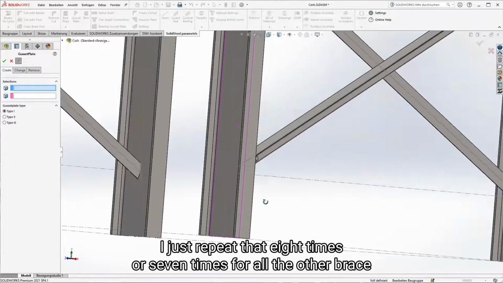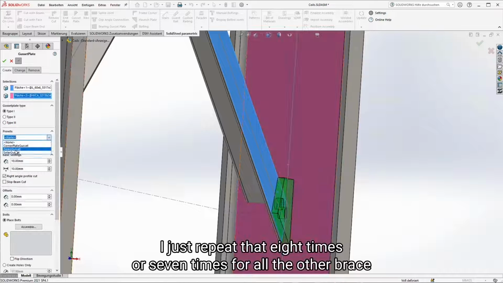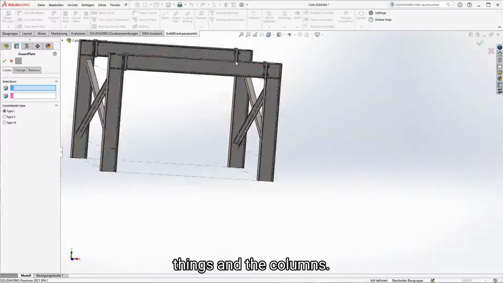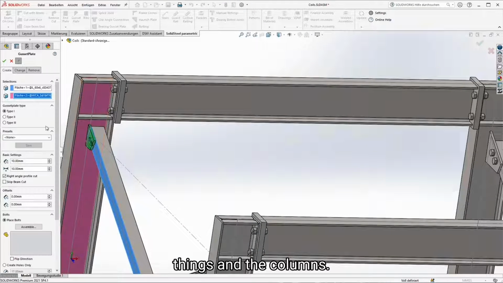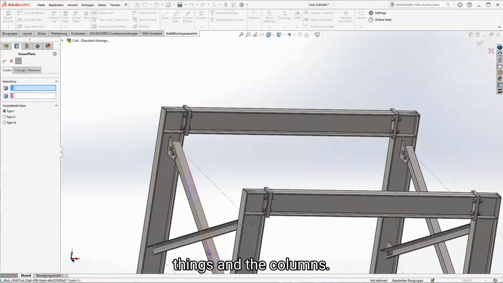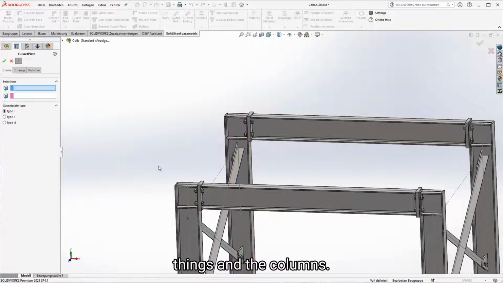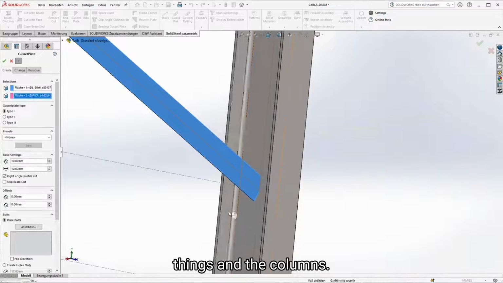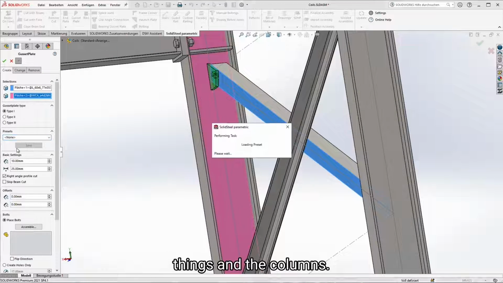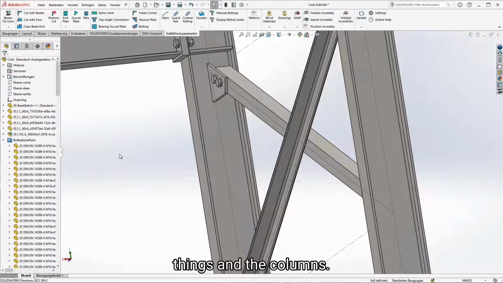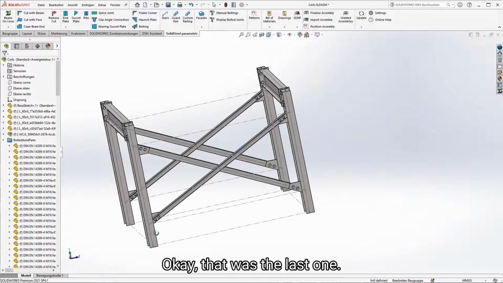I just repeat that 7 times for all the other bracings and the columns. Okay, that was the last one.